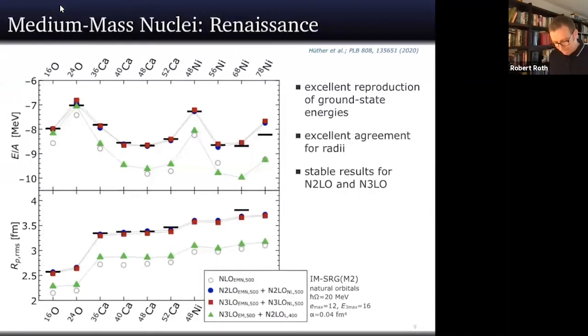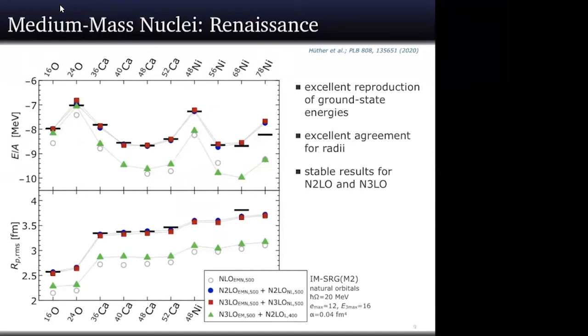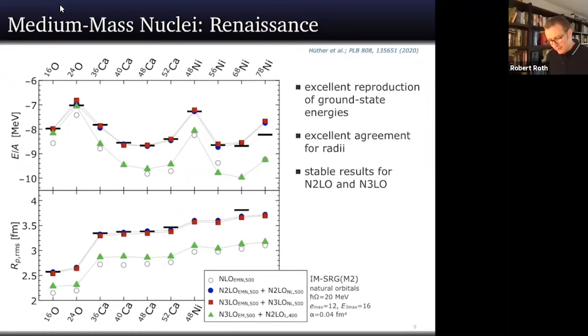Excuse me, so I have a small question there. Could you please go back to the last slide? There seems to be some sort of an underbinding for the nickel-78 case. Is that because it's doubly magic? No, I mean, this is,